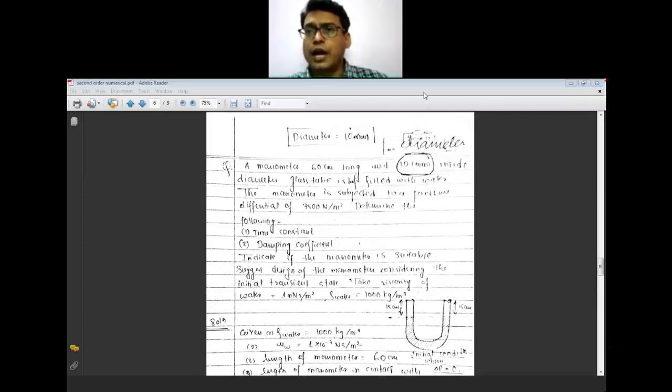Dear students, I welcome you for this lecture related to the numericals associated with the second order system. Now this second order process control system, the example which we have considered is that of a manometer. We have already seen its derivation, where we apply the pressure P. As a result, the level in the other, right hand side limb increases depending on the applied pressure.